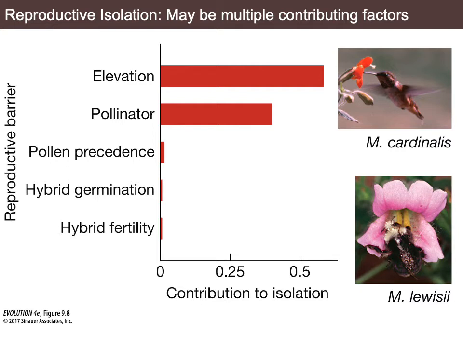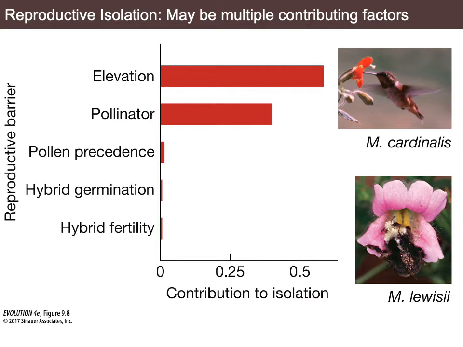Cardinalis, on the other hand, pollinates one another with this intermediary pollinator species, these hummingbirds, going from one plant to the other. As they consume nectar, they carry with them pollen from plant to plant to plant, cross-pollinating different individuals. So how then would you expect a cardinalis to pollinate a Lewisii or vice versa? You'd have to have a hummingbird visit a Lewisii or a bee visit a cardinalis, and that simply doesn't happen, or it happens very rarely. If you think about the contributors to reproductive isolation, it might be